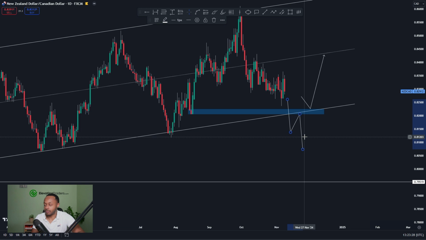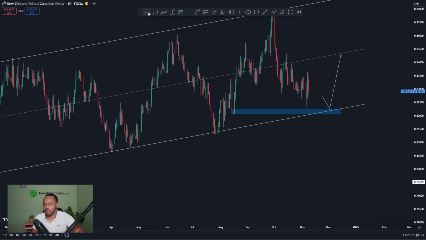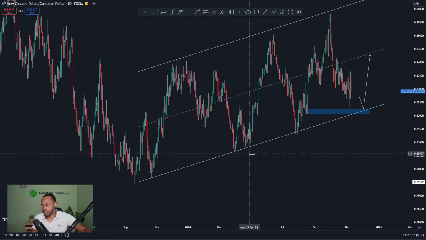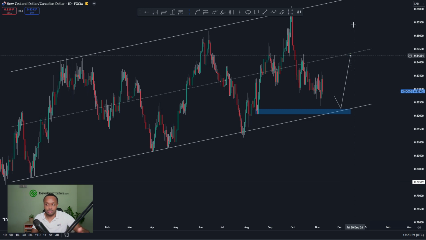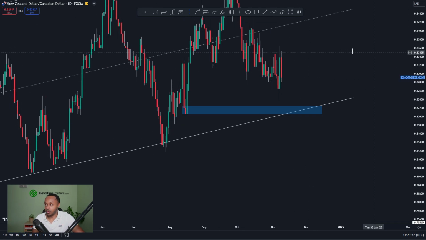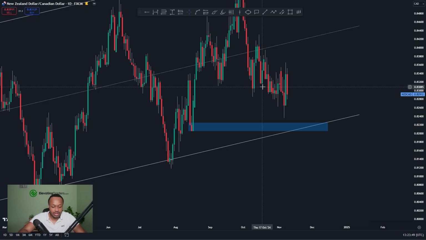Then of course at that point I'm expecting a lot more downside, and we can start to talk about these lows as targets and these lows as targets, and of course eventually the lows are back down there as well. So there's a lot of downside opportunities, a lot of upside opportunity with New Zealand CAD. Just really depends what we do here, and that will set my bias for the next few days, few weeks really. At the moment we're kind of trading in the middle of nowhere still,